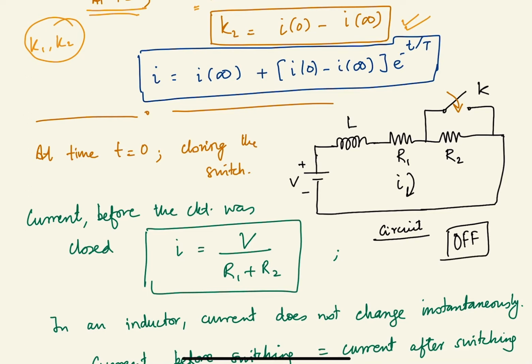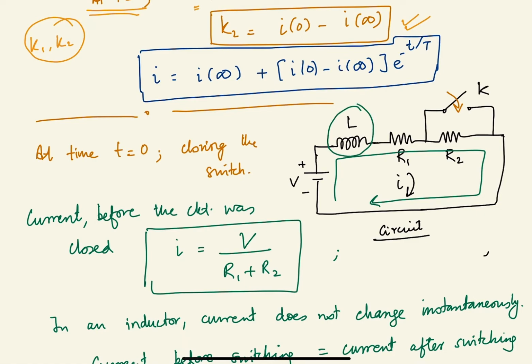And when I say the switch is off, we mean that the switch is not connected. So in that case, what happens? The current follows this path. It is easy to show that the current follows this path. And since this inductor behaves as a DC short, when the circuit is connected like this for a very long time,